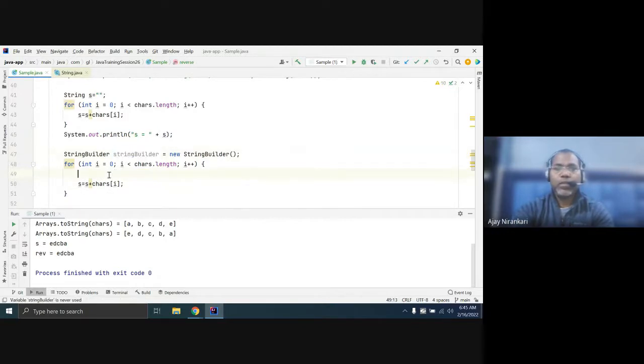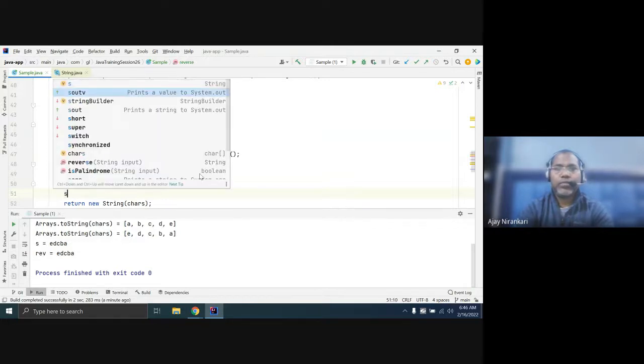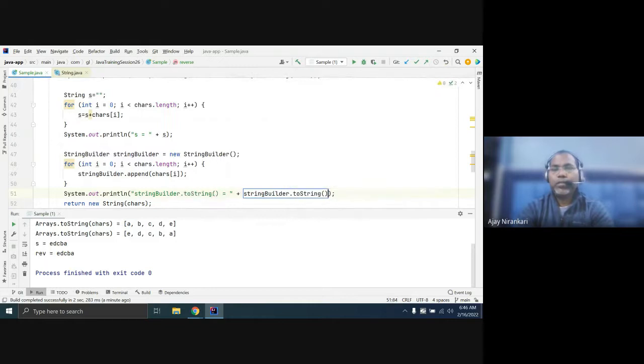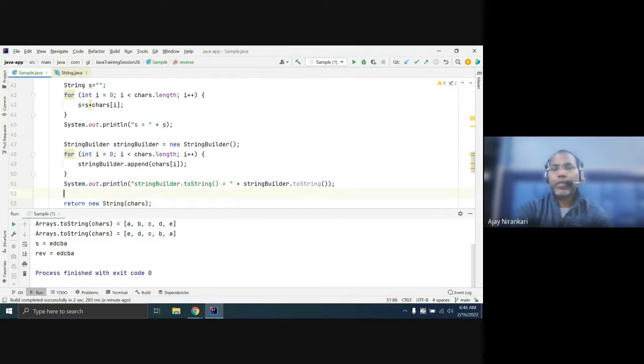This is the function append. This will create only one object in memory and append all the values. And here out dot toString. Now you are getting the same string object again.